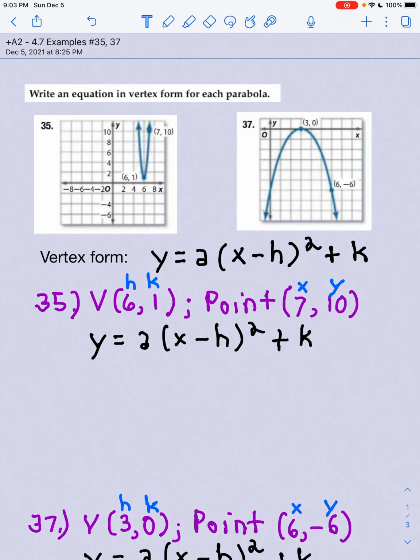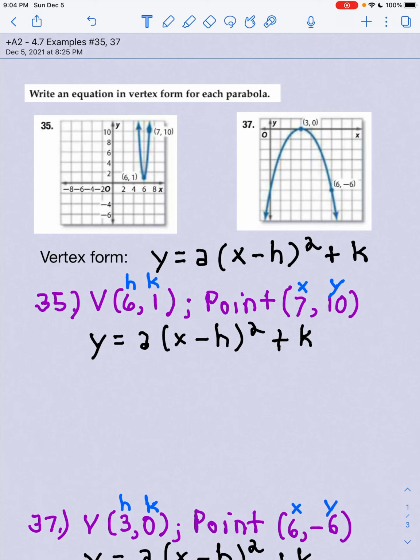than the points themselves. So we're going to start with vertex form, y equals a times the quantity x minus h squared plus k. That's our base vertex form. And as you can see, if we know the coordinates of the vertex, h and k, the only other thing we need to find is the value of a. What we're given, however, is the vertex and a point that is on the graph. And what we can do is plug into vertex form and solve what we have to find the value of